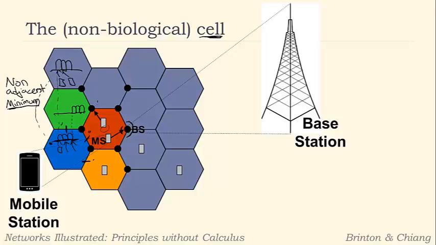Now, let's try to color this cell over here. Now, this cell is adjacent to green and red, but it is not adjacent to either blue or orange. So we could color this either blue or orange. And so rather than adding a fifth color or a fifth set of frequencies, we can reuse, as we choose this orange over here, to make it more spectrally efficient, which means that we're making better use of our available